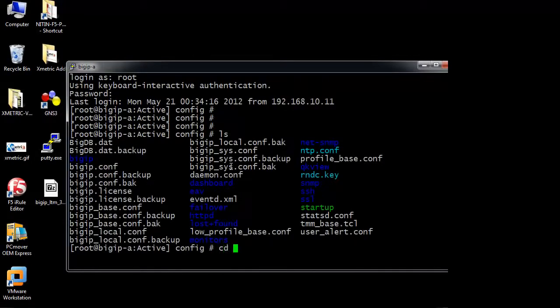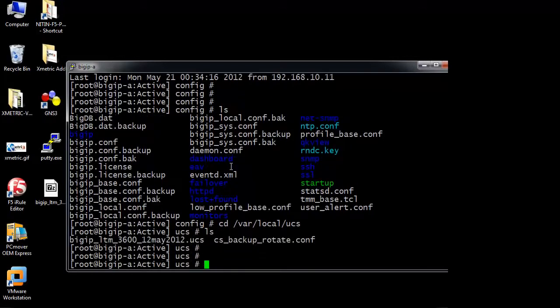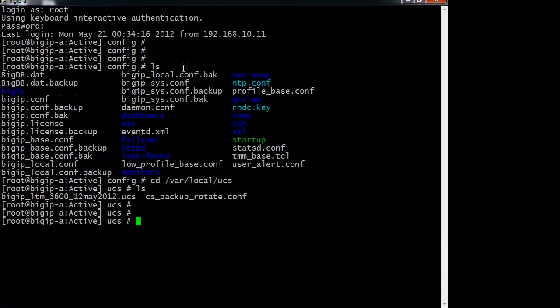Let us go to cd /var/local/ucs, and list. You can see here there is a bigip_LTM_3600 12th May 2012 UCS file which has been created, which we created by using the graphical user interface, the GUI.